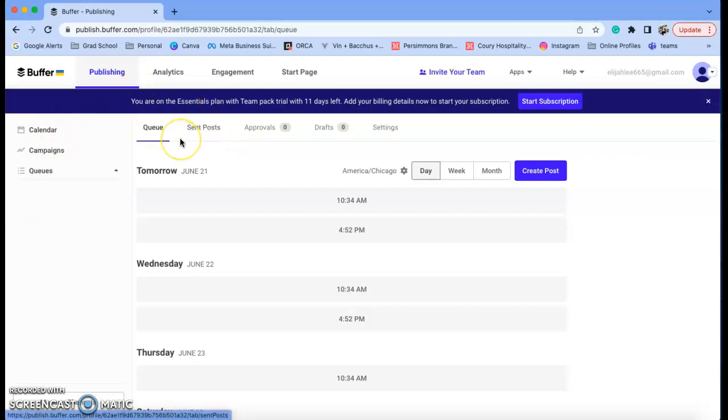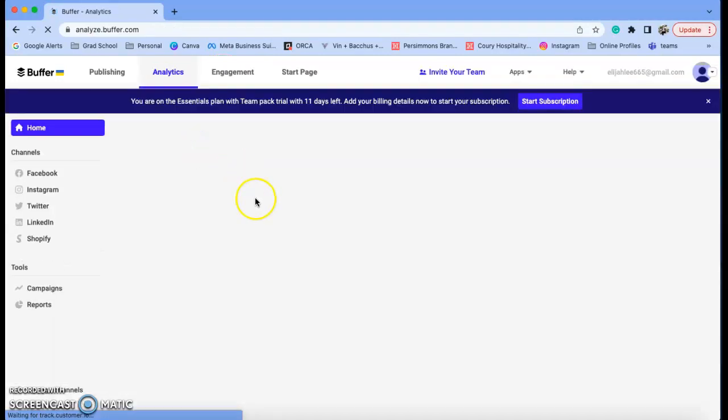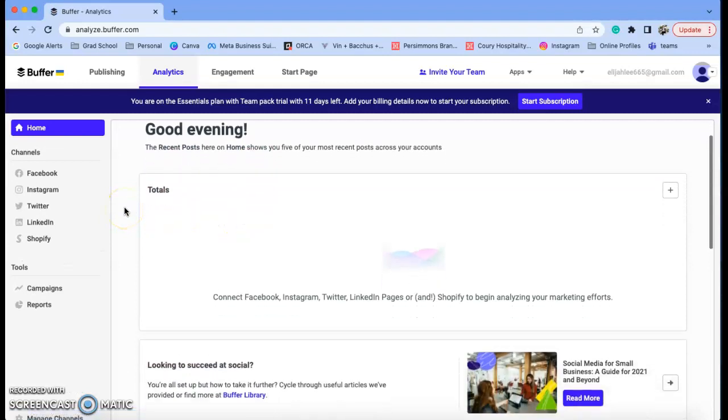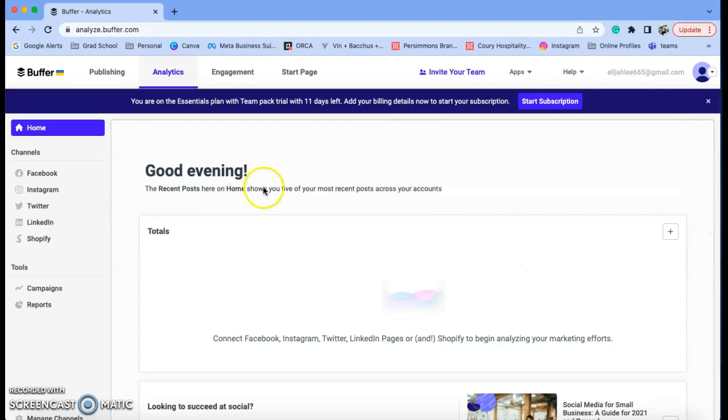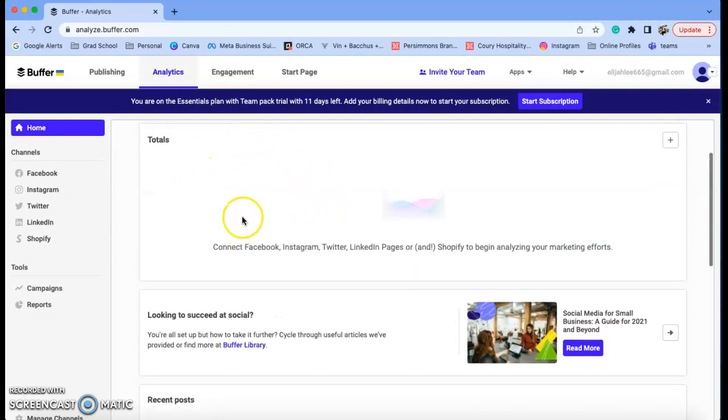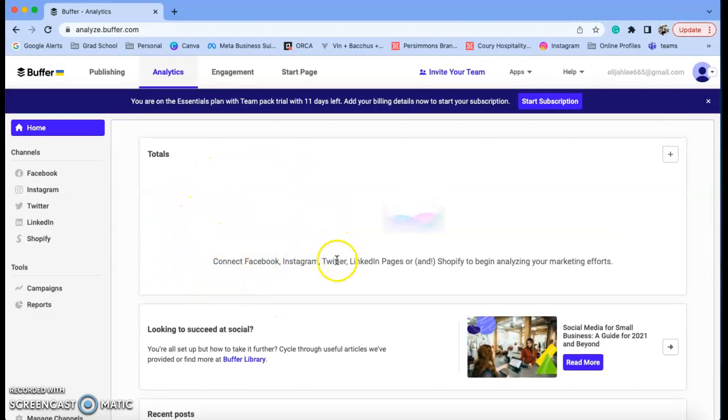Now, once we schedule and post content, we want to view the content, right? We want to see how it's performing. This is where your analytics and engagement tabs really and truly come into play. So we click on analytics and you won't be able to see much currently because I am not going to pay for this because I won't be using it much. But I can come in here and we can see totals. This is where we'll see our engagement rate. We'll see our reach. We'll see different metrics shown here that can all be exported using this tool here